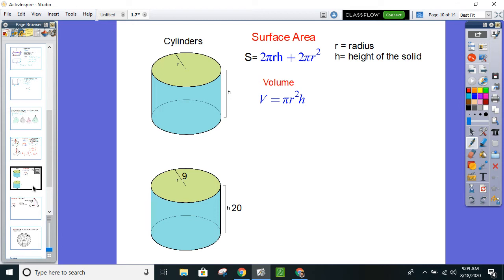Let's talk about our non-polyhedra. Ooh, excuse me, y'all. I haven't had enough coffee. Talk about the cylinder, our first non-polyhedron